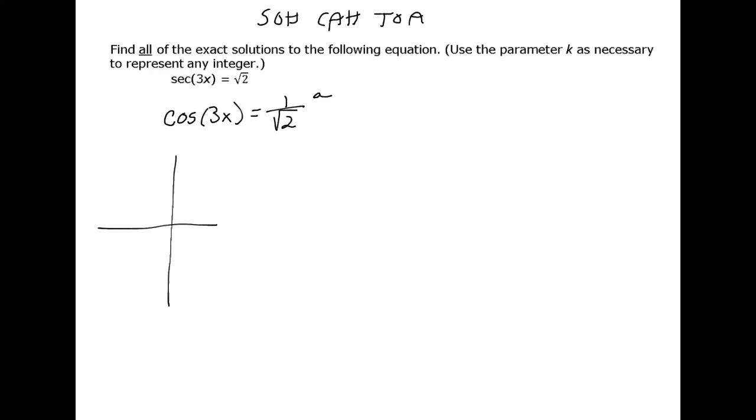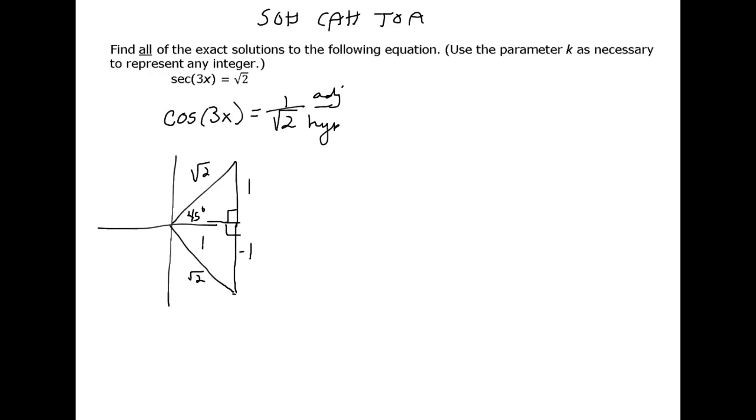So this will be adjacent over hypotenuse. Okay, so adjacent over hypotenuse, 1 over square root of 2. That will be fine in the first quadrant and also in the fourth quadrant. In the second and third quadrants we would get a negative 1 over square root of 2, so we want a positive 1 over square root of 2. Okay, so these are 1, square root of 2, right angles, and that means these are 45-degree reference angles, or